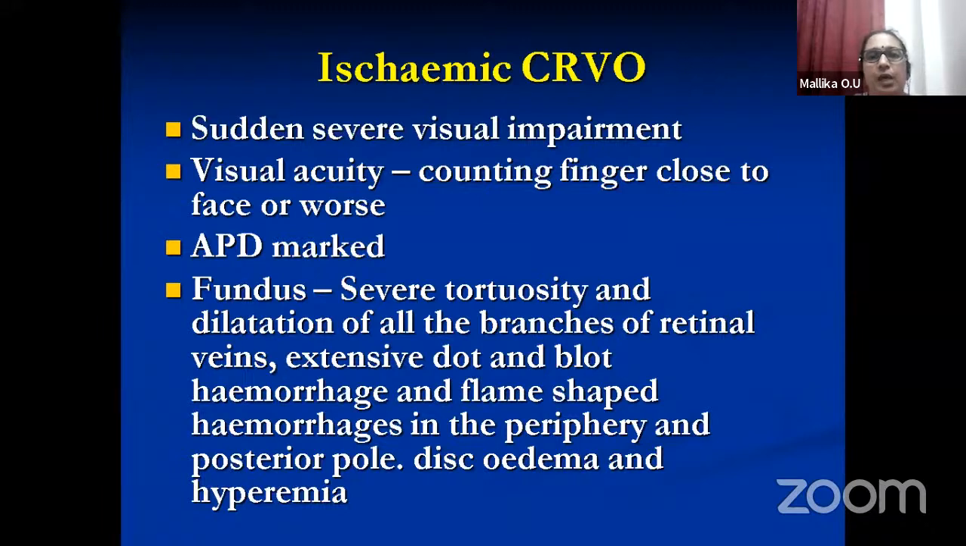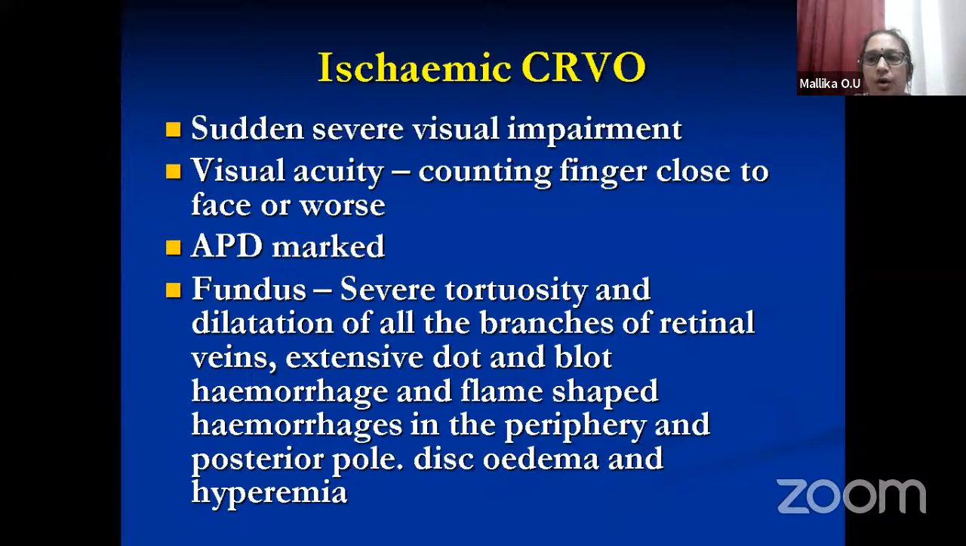You can see the visual acuity is very much reduced, like counting fingers close to face or worse, and the afferent pupillary defect is very marked, or there is a relative afferent pupillary defect, which may be absent or mild even if it is present in non-ischemic central. And the fundus findings, compared to the non-ischemic, here the disc will be severely edematous with severe tortuosity